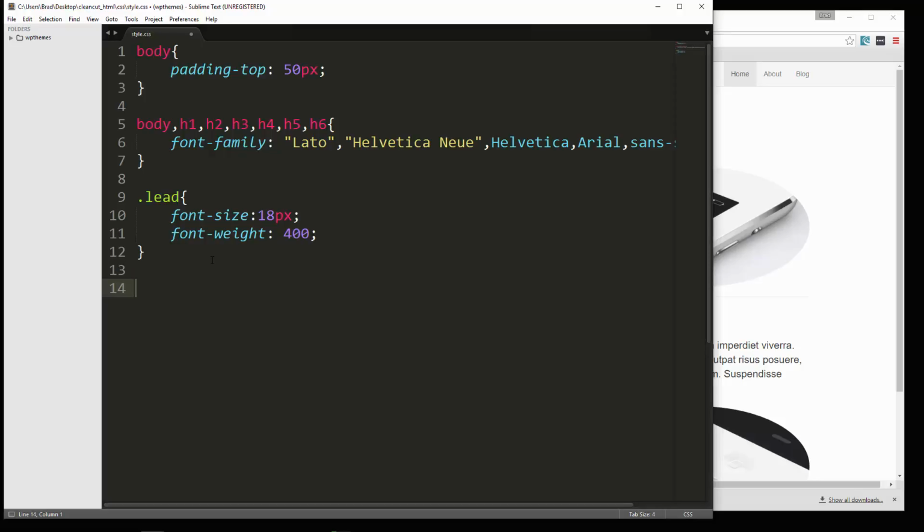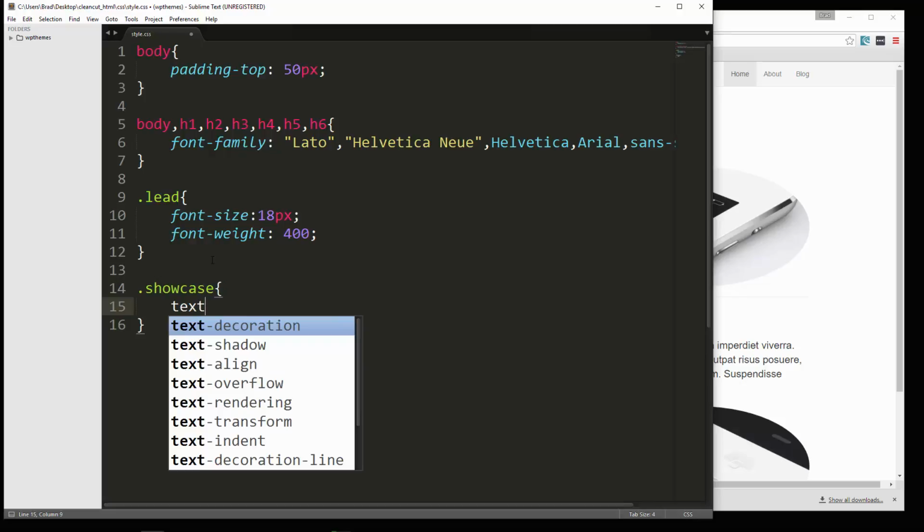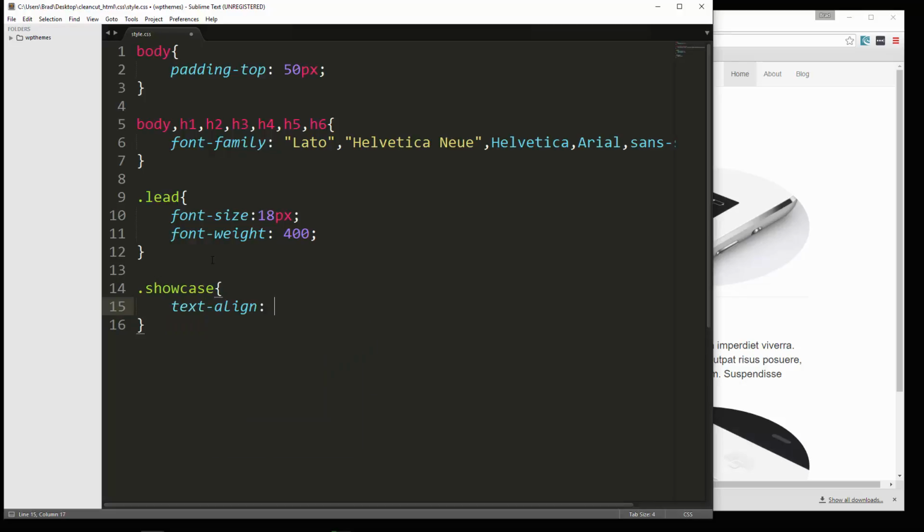Alright, so next we have the showcase area. That's going to have all of its text aligned to the center. We'll have the color be white. And for the image and the height of the showcase, those are going to be dynamic. So we're going to set those in the WordPress backend. And to be able to customize them, we want them to be in the HTML or in the PHP file,